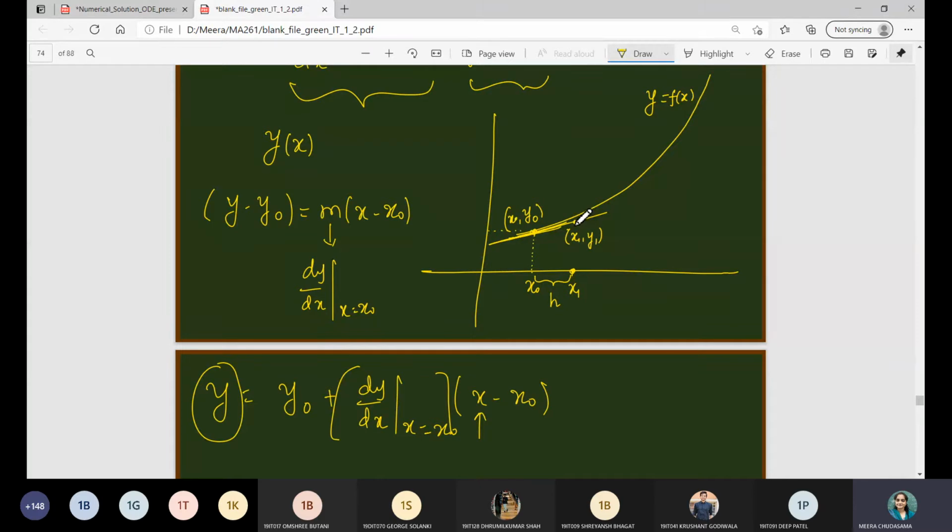You can see it is not the exact value, but there is a gap between the tangent line and the curve, right? That is the drawback of Euler's method, that you will not get the exact answer, but at least you will get the approximation. After that, to find a new approximation along this curve, we will draw a tangent at the point x1 and y1, right? Again, you can find its line from this kind of expression.